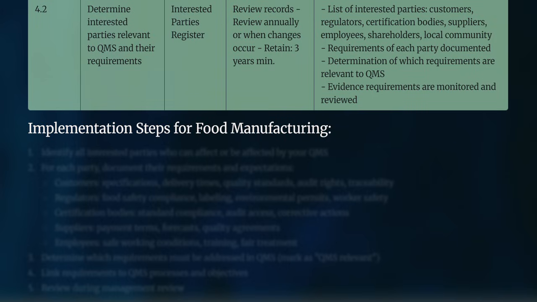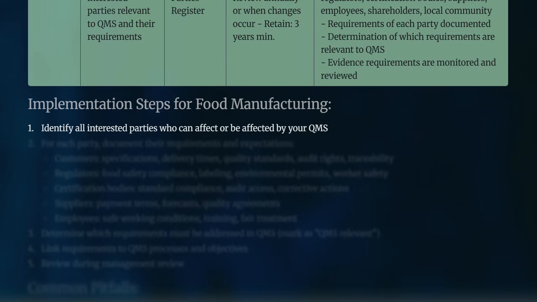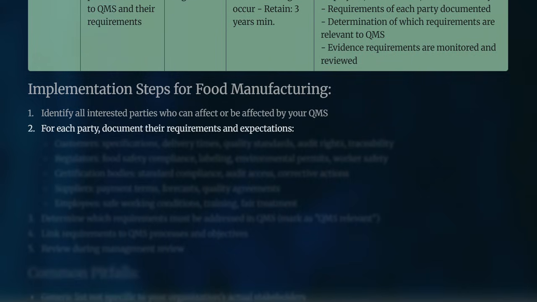The implementation steps here for food manufacturing specifically. First, you need to identify all the interested parties who can affect or be affected by your QMS. Secondly, for each party, you need to document their requirements and expectations,